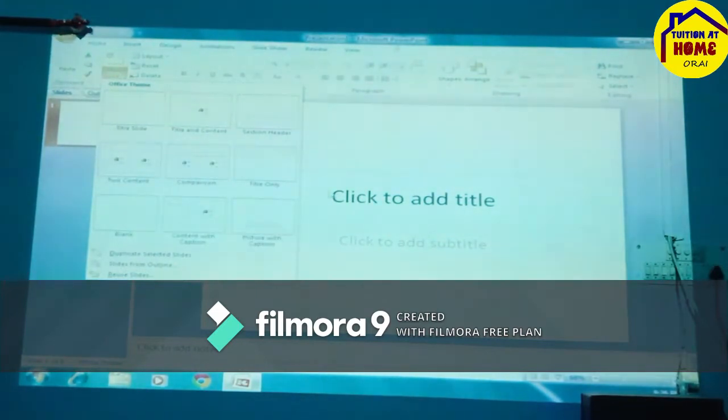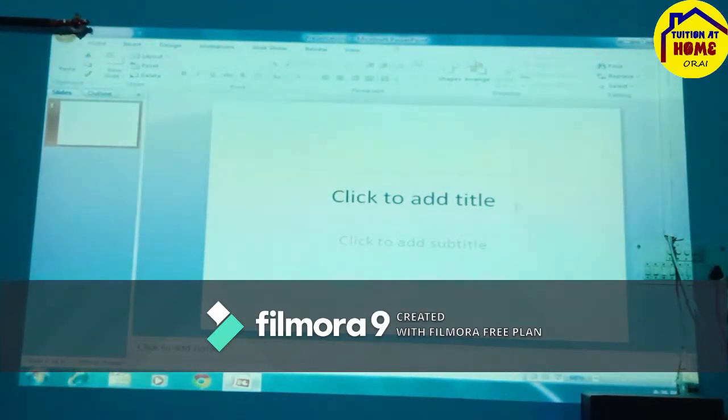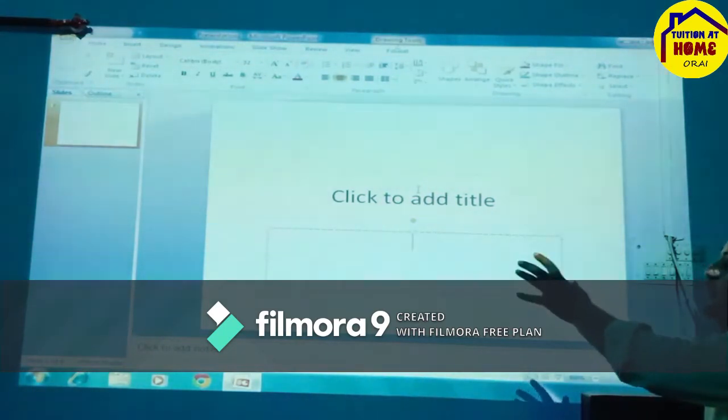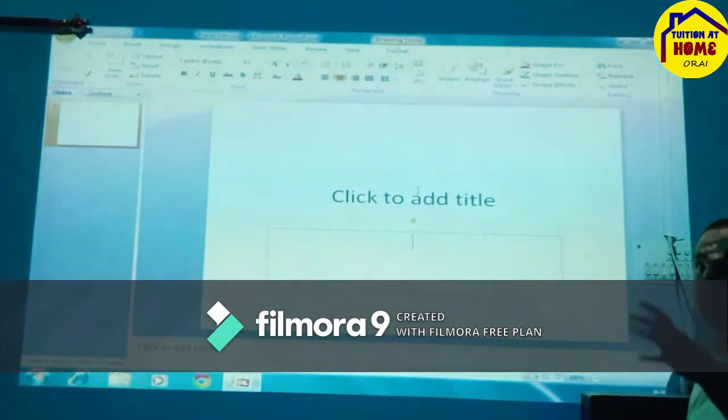Now you can see here there are 2 placeholders. One is this, and second is this. This white portion is called the working area, where you do whatever you want to do and represent your ideas.